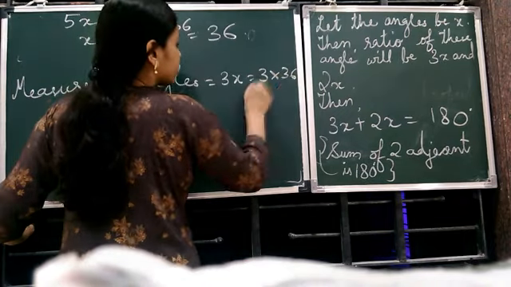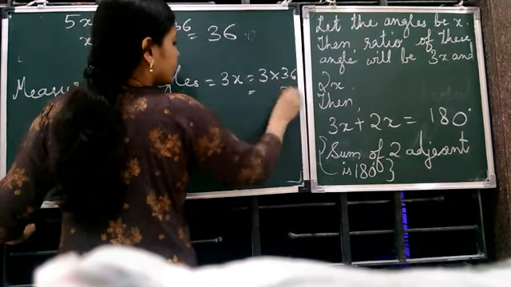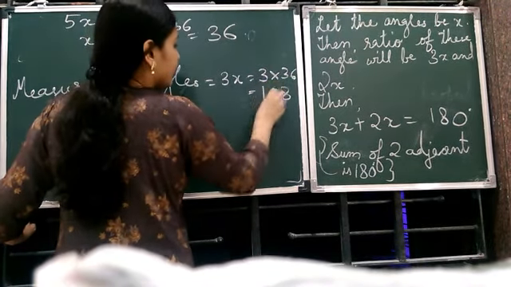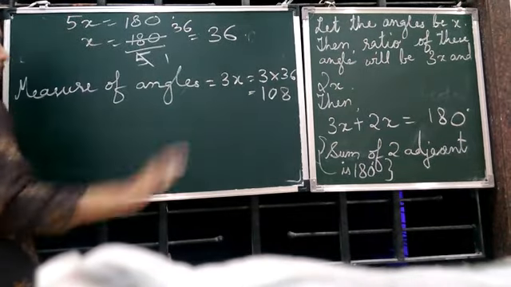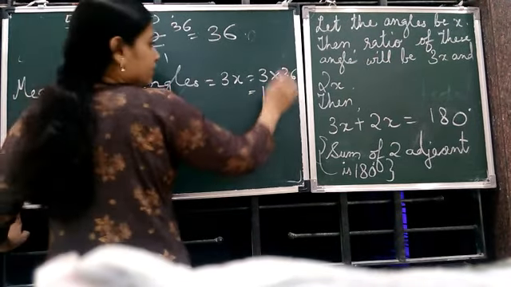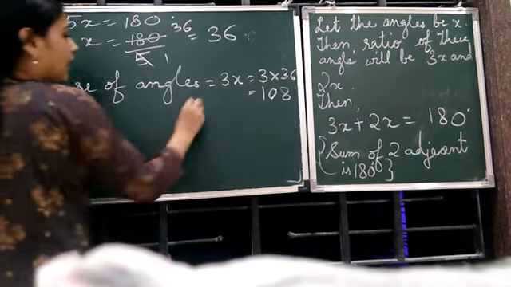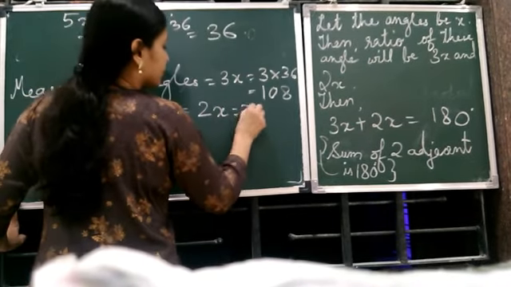x is 36. 3 times 6 are 18, 3 times 3 are 9, 10, so 108. Sorry, 108. 3 times 6 are 18, 9, 10. And 2x, that is 3